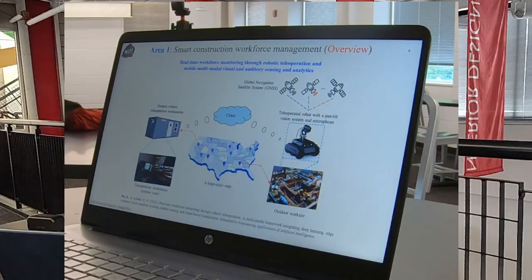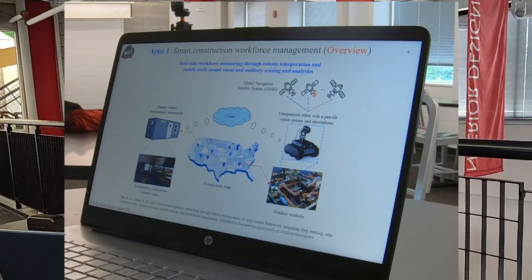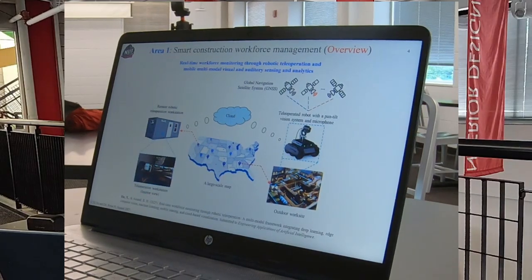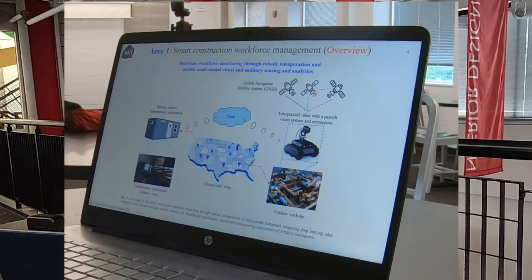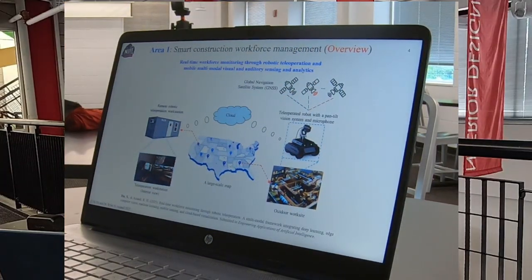This project is kind of unique compared to the traditional way. Now people would say we can just install a camera somewhere on the construction site. Yes, that's right. That's what has been researched for a long time. But they rely on stationary sensing, where the camera has a blind spot, and if it's fixed right there, it can only capture a certain field of view. But for this system, the uniqueness is that we leverage a robot as a platform to enable mobile sensing.